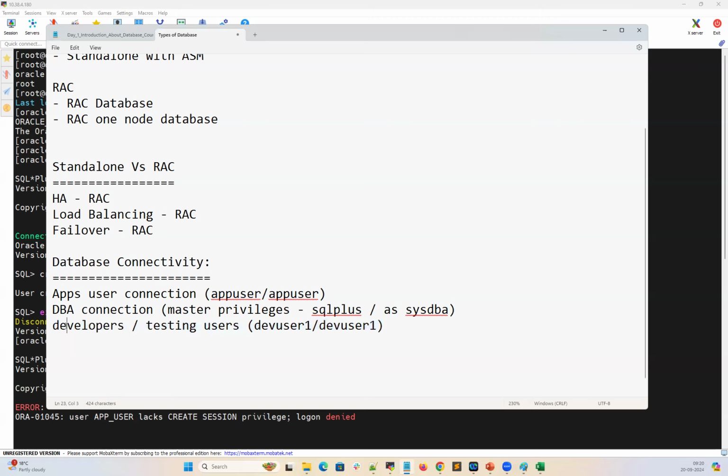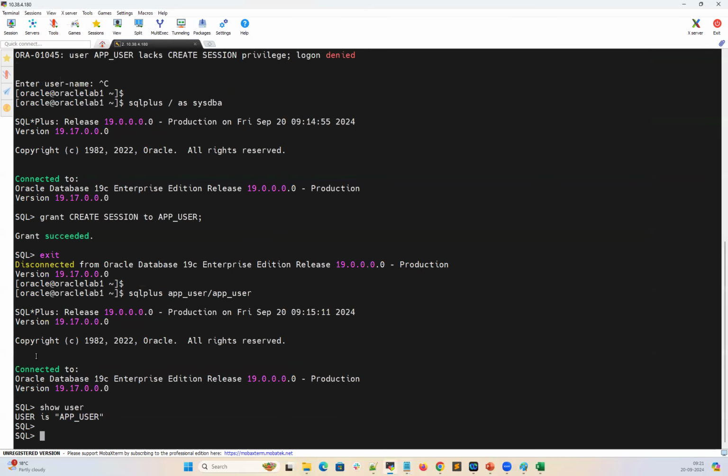Normally we force all the developers or testing users to use the application username and password for any sort of testing or development. And in a few certain scenarios, we go ahead and create individual users, test user one and dev user one. So we will share this individual username and password with those users, and they should be able to connect to the database. Let's say here: